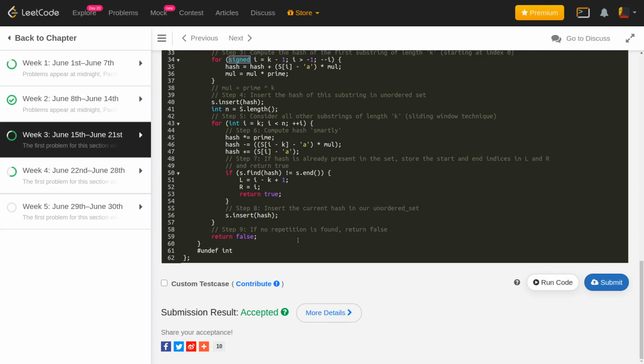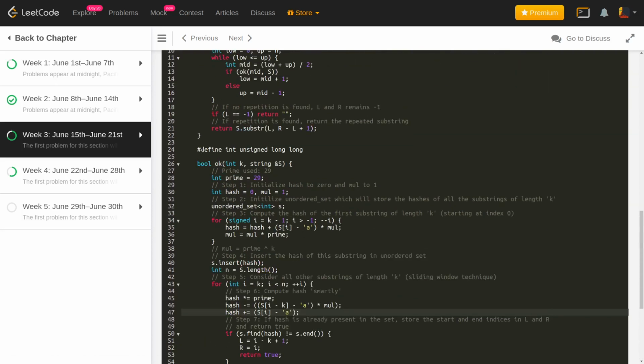That's a lot of relief actually, because this is a hacky step. But anyways, it does the work. If you want, you can explicitly define this hash and multiply as long. That's definitely a better practice. Should go with that.